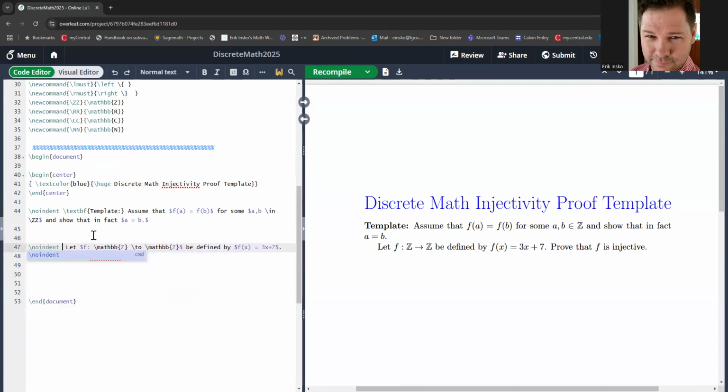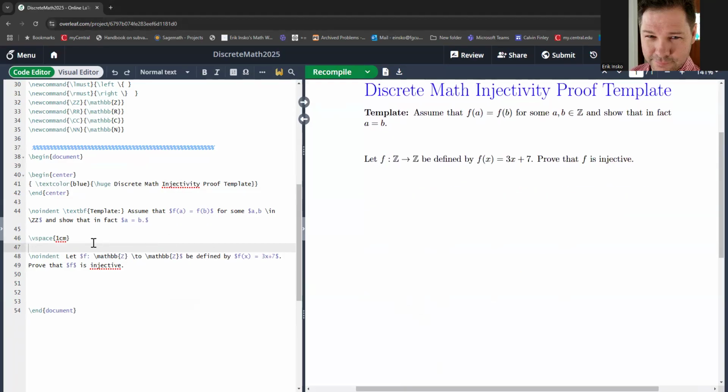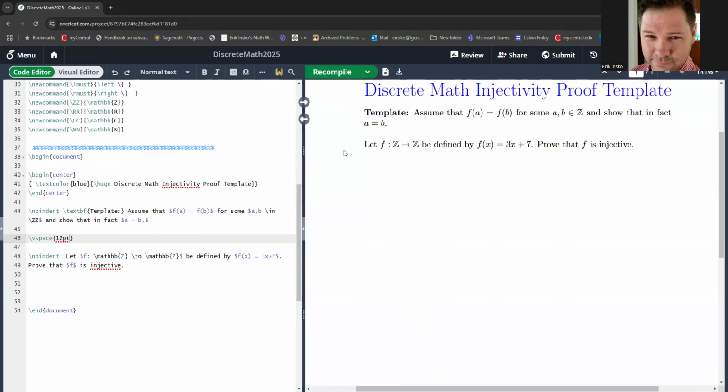Maybe I'll do a no indent here and give it a vspace, just to make it stand out just a little bit. That's too far. I'll do 12 point. There's your vertical space. Okay, that's the goal. Prove that f is injective. So again, what we're going to do is say,